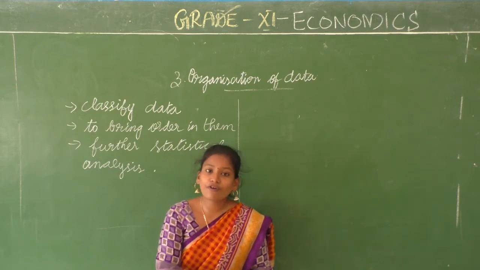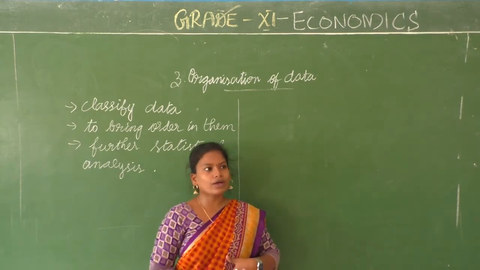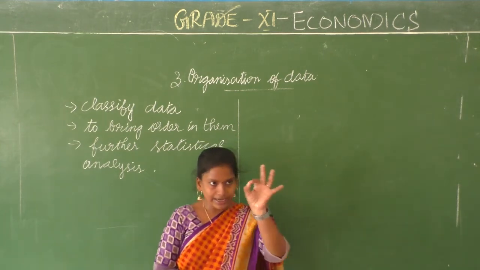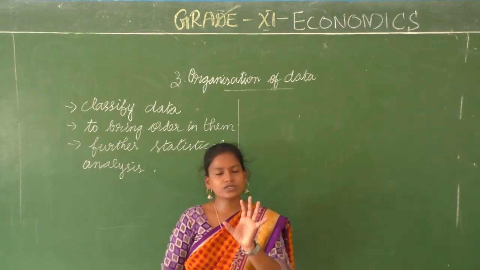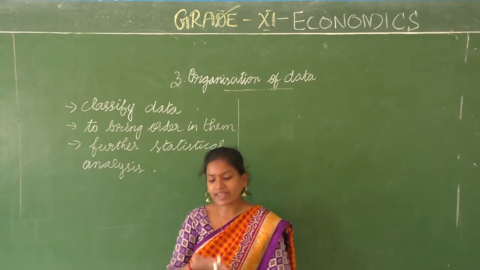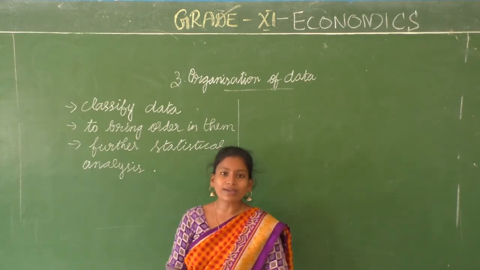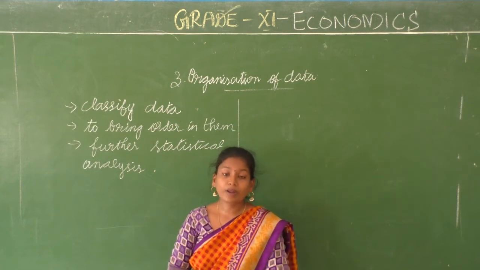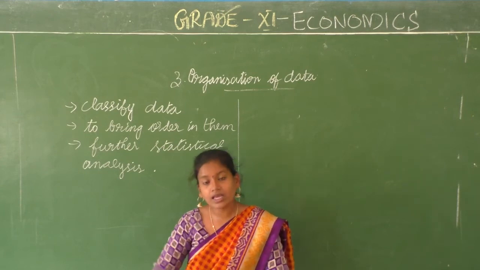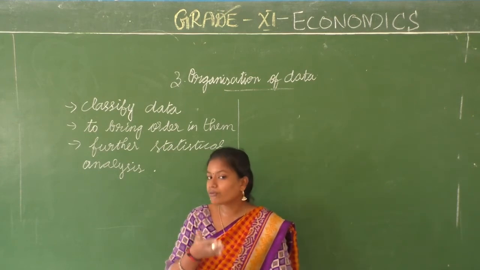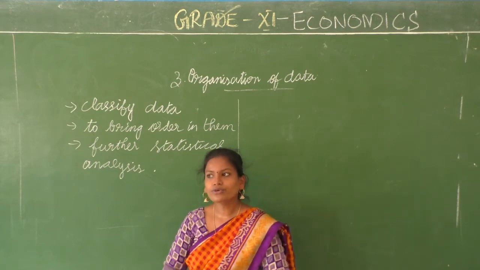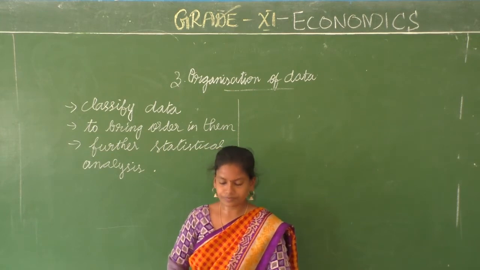When you go to a library, you want to go for a story book. You know which section it is placed, you just go there and directly take it. Imagine it is not classified like that, it is kept all over. What do you have to do? You have to sit and verify each and every book to see what category it belongs to. Right, that is why classification of data is very, very important, because only if you classify the raw data, it will be useful for you to subject it to further analysis.